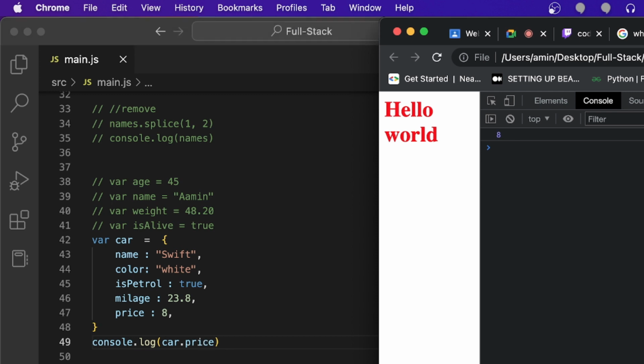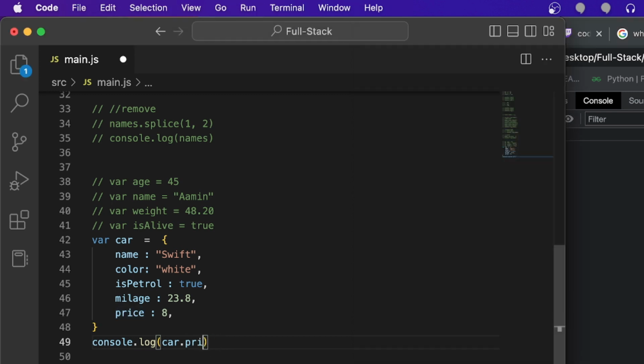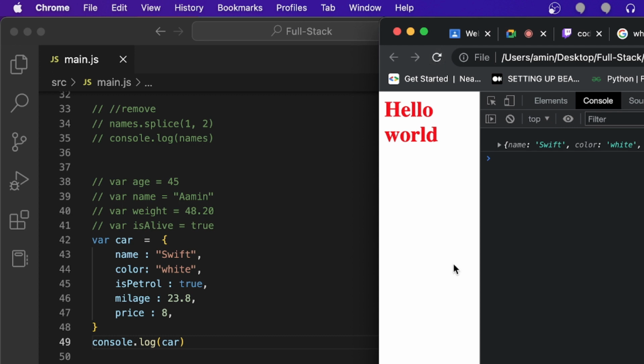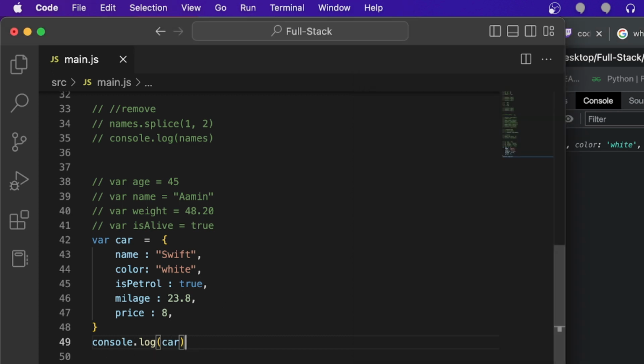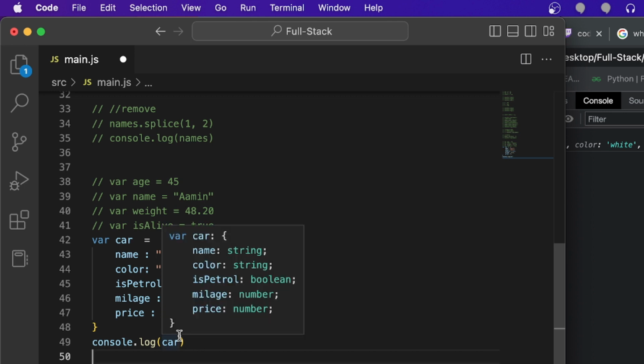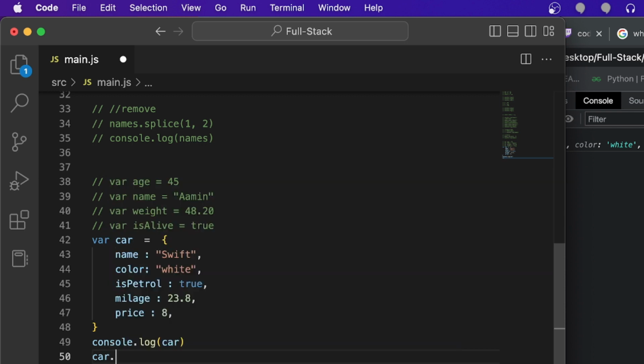See, not only like this, you can also access it like this, and you can also display the entire car directly. You can not only access this variable, but also change it. Suppose you want to change the price or mileage. Suppose you want to change the mileage, so it can be changed like car.mileage and pass a new value,